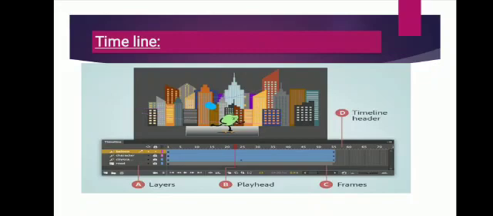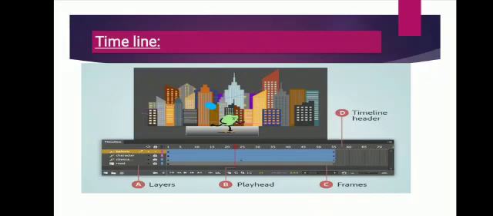One more part is here, the playhead. The playhead indicates the current frame displayed on the stage. It is represented by a red frame or red vertical line below the timeline window, and it moves from left to right in the timeline as the movie proceeds through the frames. And the display of the playhead movement is based on the frame rate setting. You can change its timing also. So this is all about the timeline.